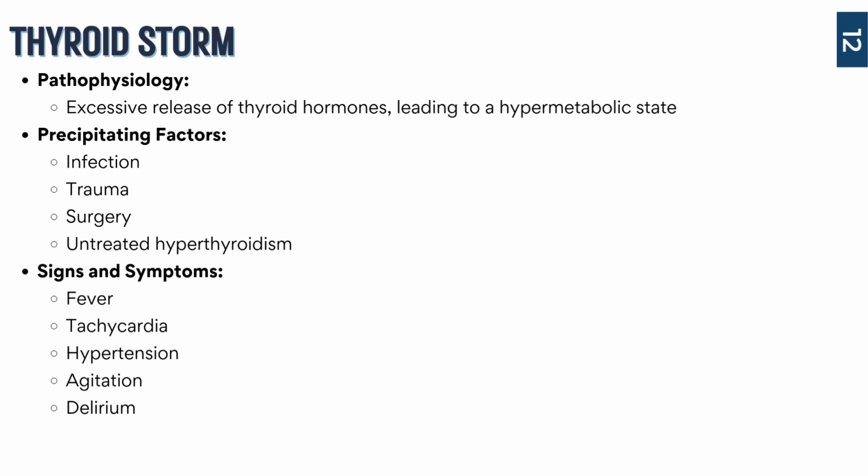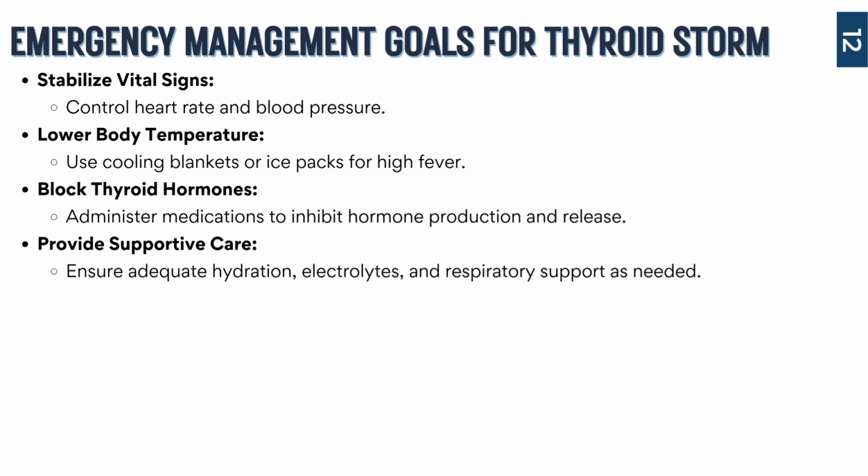So the treatment plan we're going to discuss on the next slide is aimed at rapidly controlling the metabolic crisis and stabilizing those vital signs. Okay, so the first goal is to stabilize the vital signs by controlling the heart rate and blood pressure. We're going to give meds like beta blockers, such as propranolol,